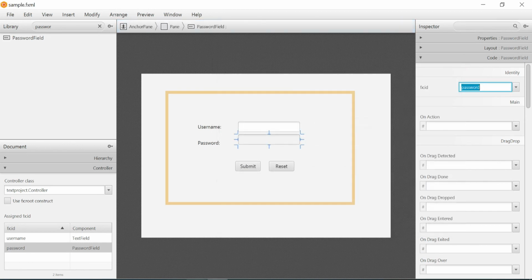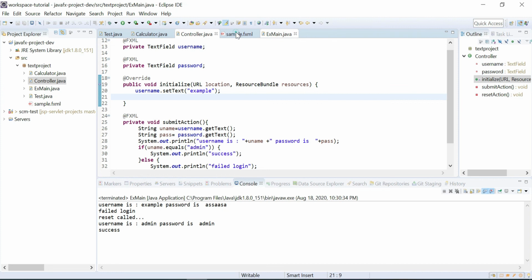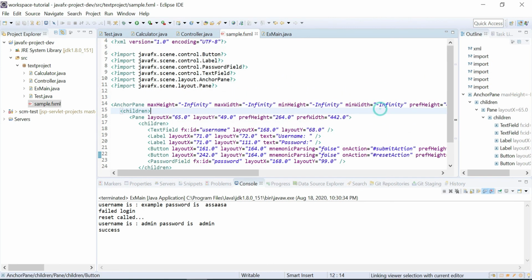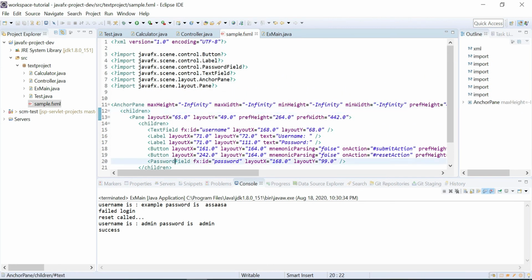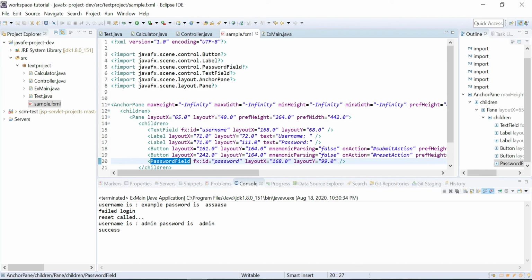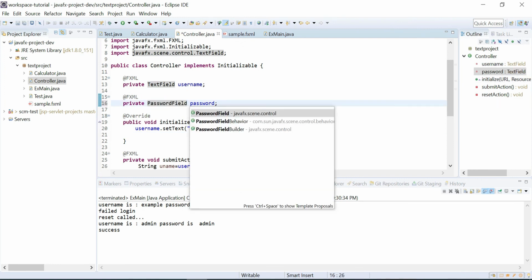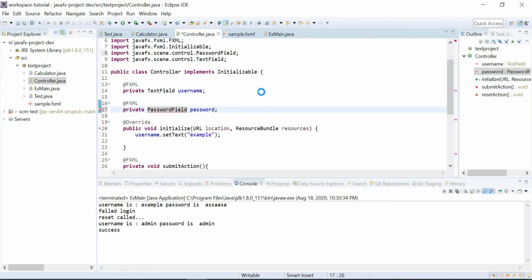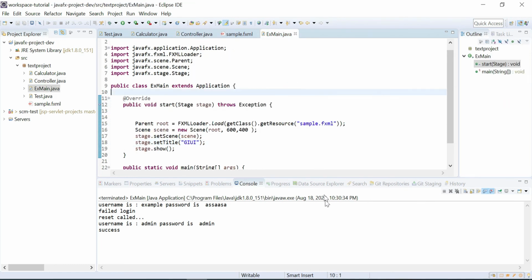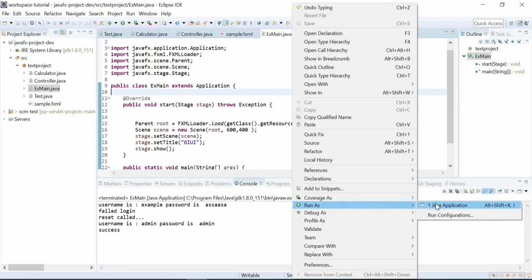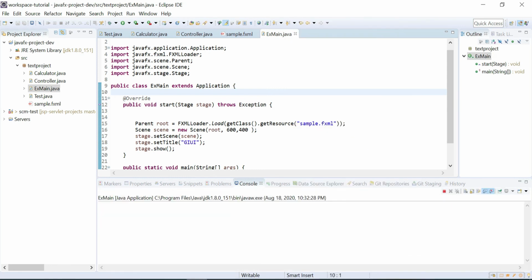Close this one. We need to rerun. It's no more a text field. So here we have to declare it as a password field. Now it's not a text field, right? So password field, I'm going to declare it.